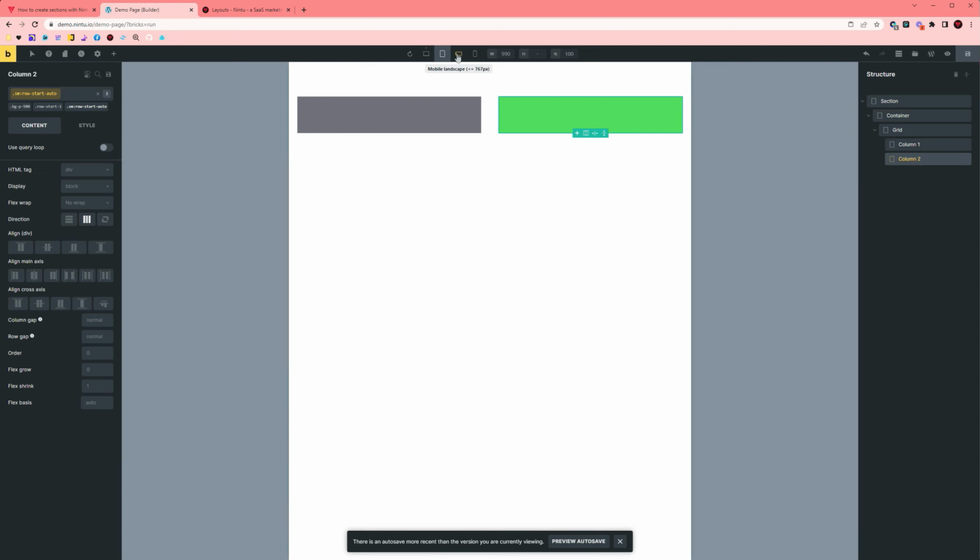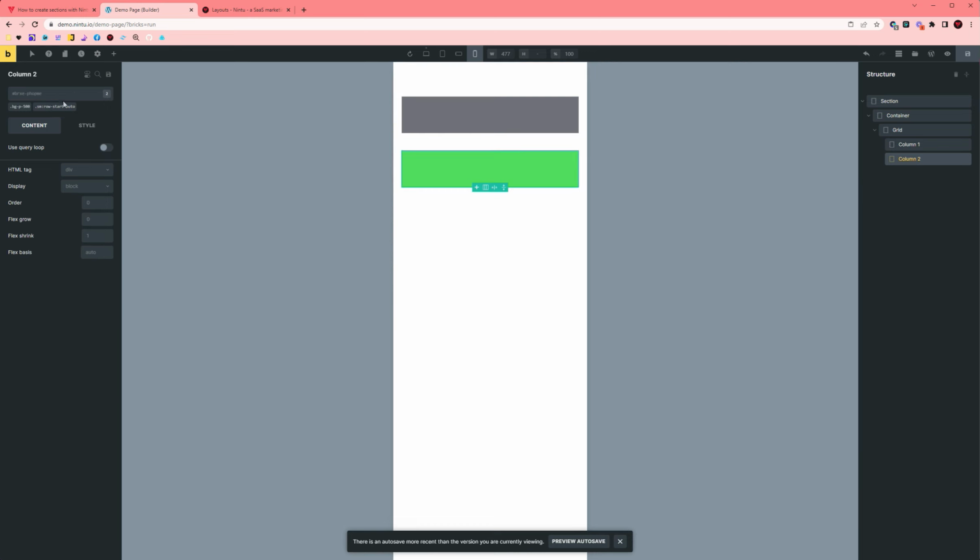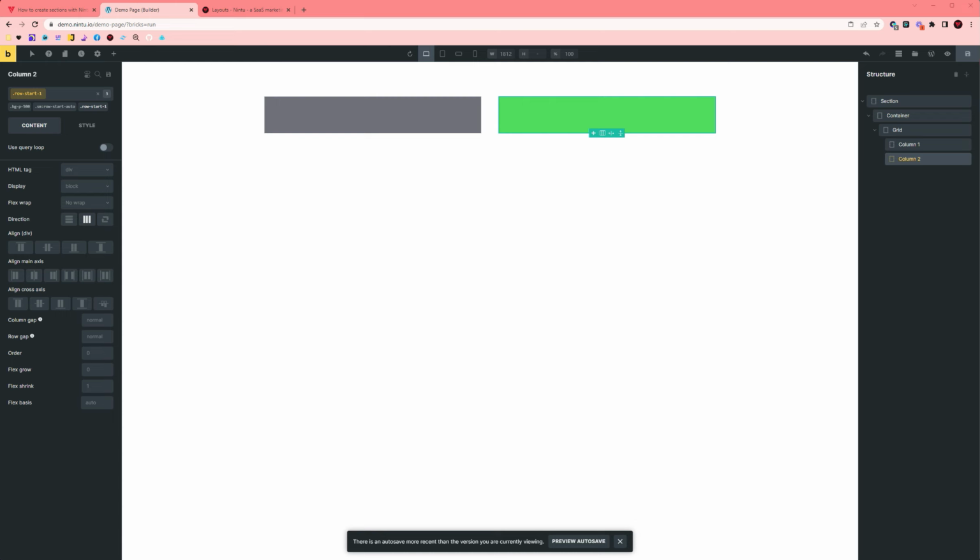And then if I check my different device sizes, we can see when we get to mobile, the green one goes at the top. If I was to remove that, it would go back to the bottom, but I want it at the top, so I'm going to add it again. So that's row-start-1. And then I've still got my small screens and above row-start-auto. And that's all you needed to do to get started with creating your own layouts using the Nintu framework with